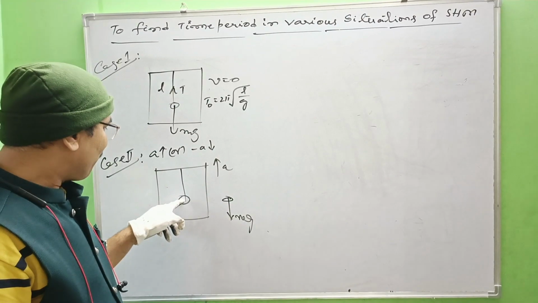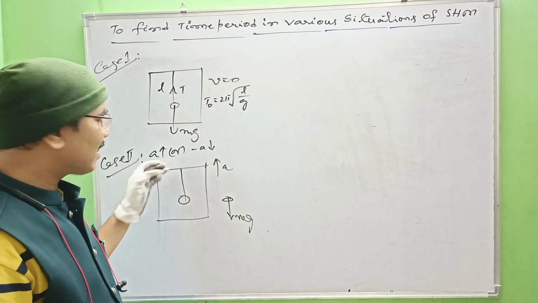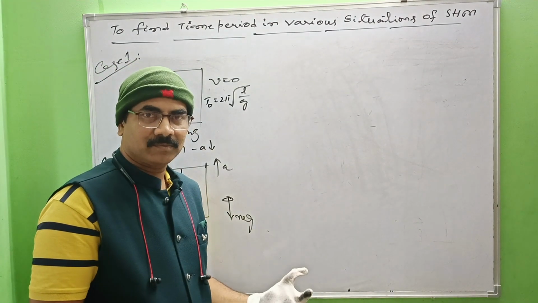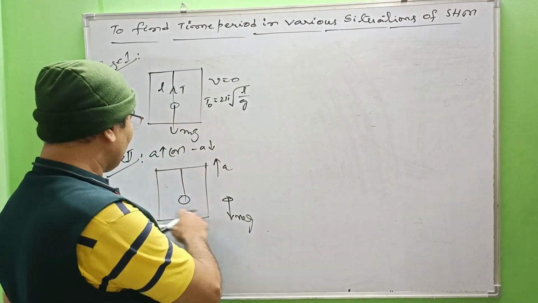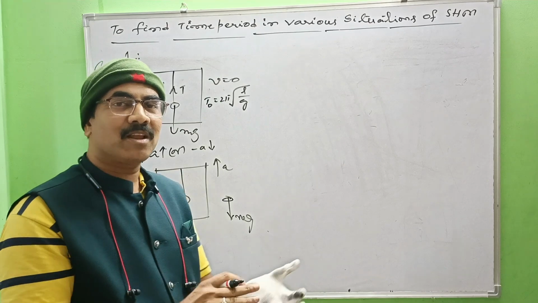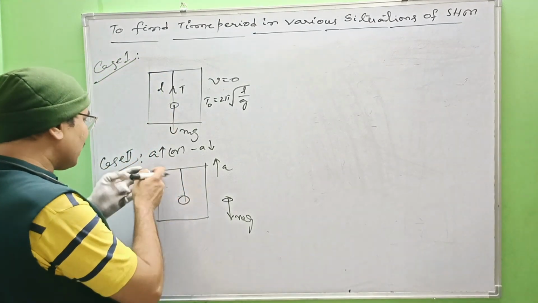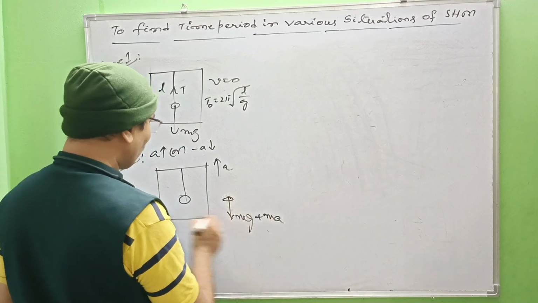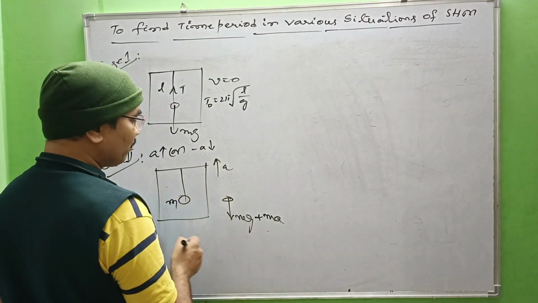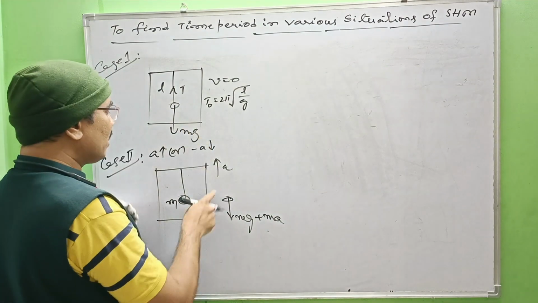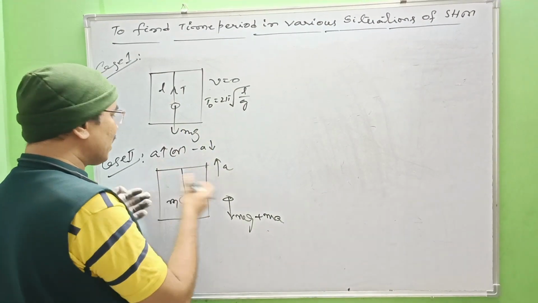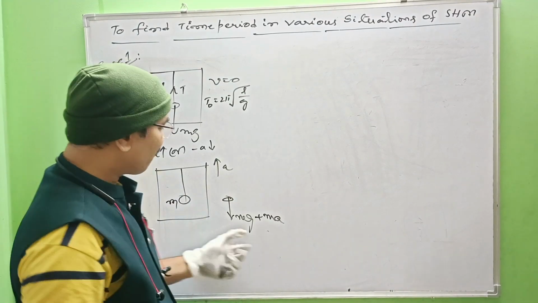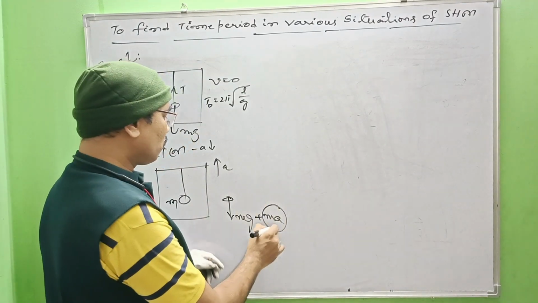Now the pendulum is fixed to the accelerating elevator. So we have to consider a pseudo force opposite to the acceleration of the elevator to make Newton's law valid. That is why, see here, acceleration is upwards, so you have to include pseudo force ma. What is the mass of the bob here? M. The frame attached to the elevator is a non-inertial frame. So while working from a non-inertial frame, we have to include pseudo force